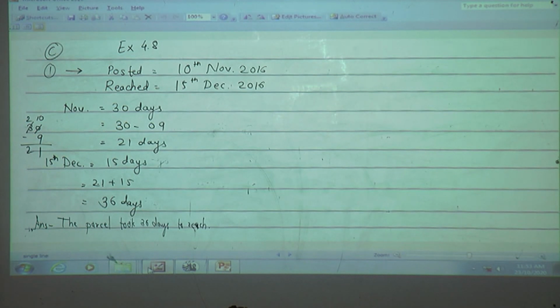Now we will solve. See, in C question total 5 story sums are there. First I have solved, second one same as it is you are going to solve, third one also I have solved here, fourth one you will solve. Now fifth one is little jumbling. Now I'll explain fifth one for you.